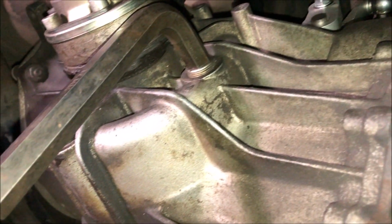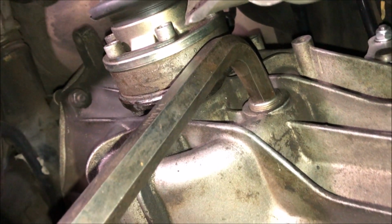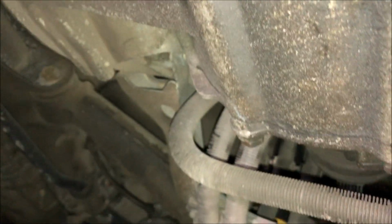So this evening we're changing the transmission fluid as well, and I can't express just how clean this car is. The engine was clean and this transmission is really clean. You can see over here that it has the oil cooler,